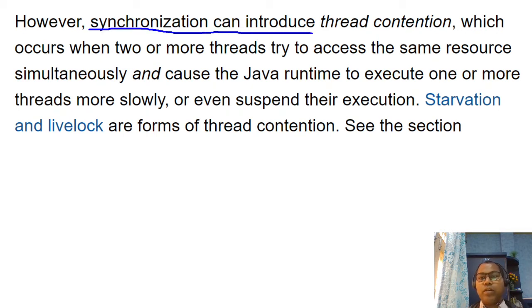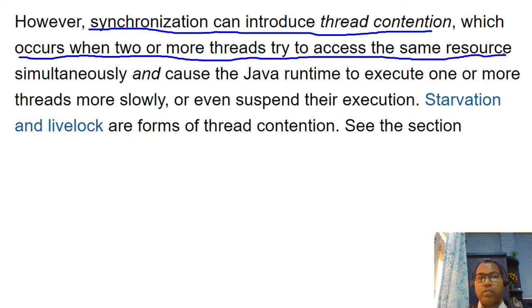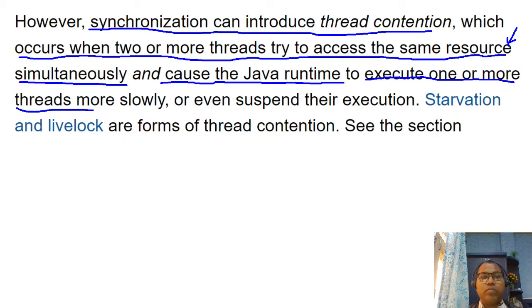Synchronization can introduce thread contention, which occurs when two or more threads try to access the shared object simultaneously and cause the Java runtime environment to execute one or more threads more slowly, or even suspend their execution. Some kinds of problems, like starvation and livelock, also occur.